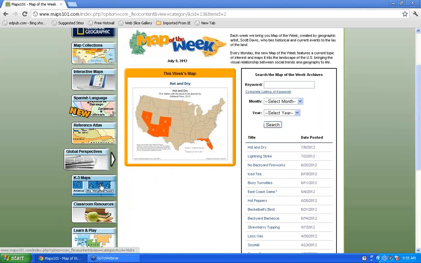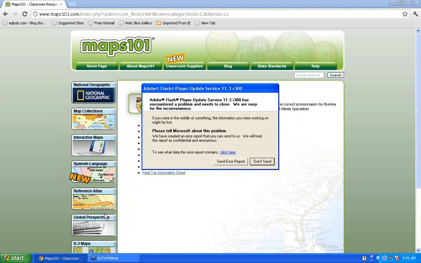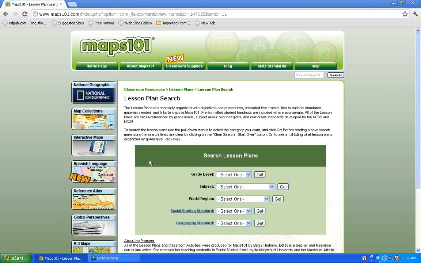We will skip over our K through 3 map section and go right into the classroom resources section. And as I mentioned earlier, we have over 200 lessons and activities here for you. We have full lesson plans available to support subjects across the curricula and to make teaching as easy as possible for teachers. In our lesson plan section, it's very easy to search for a lesson either by grade level, subject,